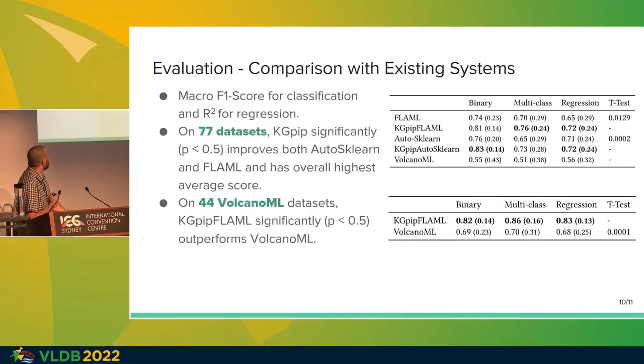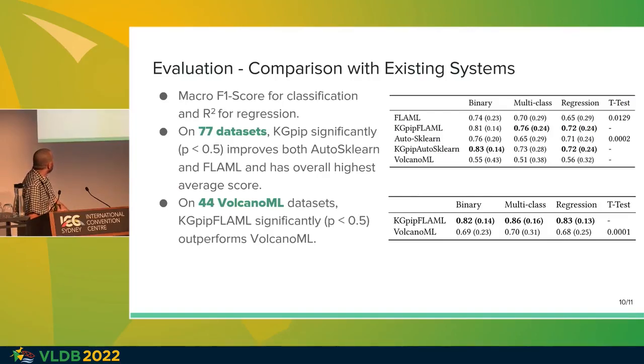All right. As I said, for classification datasets, we use the F-score, and for regression datasets, we use the R-square. This table presents the summary or the average score for all of these systems broken down by the task type. That is, for 77 datasets, this is the average F-score of this system on binary classification and multi-classification and regression. And what we see here is that KGPIP manages to improve these systems significantly with a